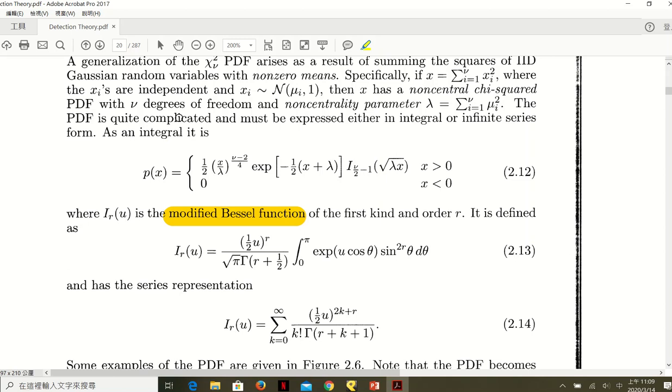Some of them are simple and some of them are so complicated. And how come we have these special functions? Because in many engineering problems, we just don't get a closed form. We don't get a closed form. As a result,